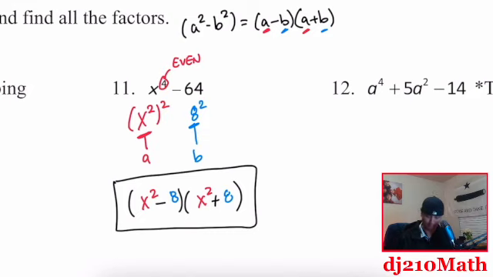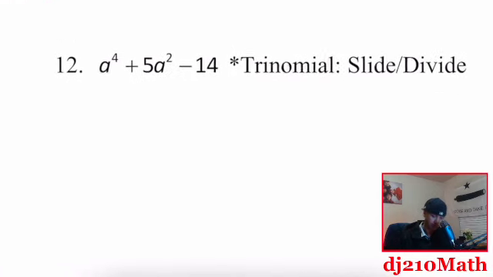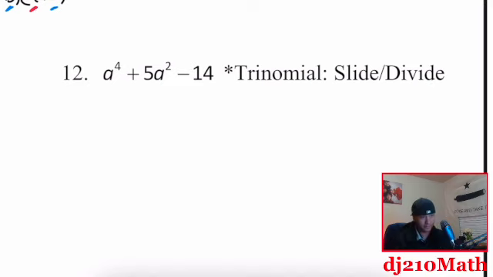All right. 12. Trinomial, slide and divide. That's the clue here. Technically, slide and divide really isn't going to work because there's nothing to slide. If you know this technique, you slide the a over and then you try to factor it. Well, that's not necessarily the case here. This is just a to the 4 and a squared. So these terms are bigger than what we're used to dealing with. However, because the middle term, 2, is half of 4,